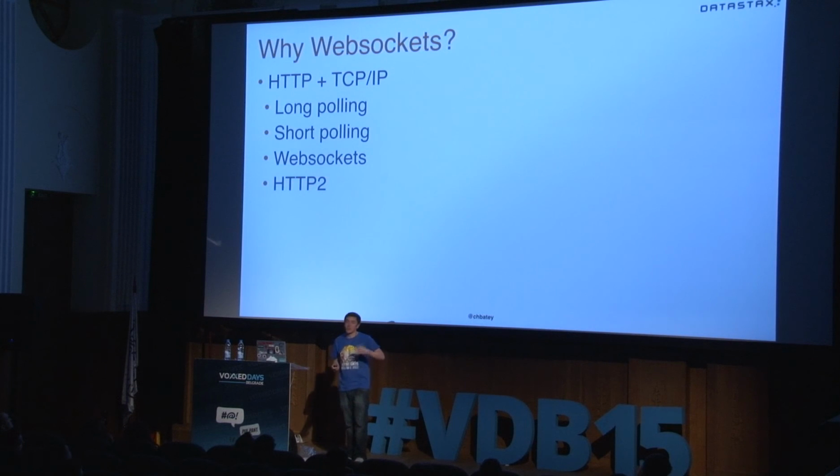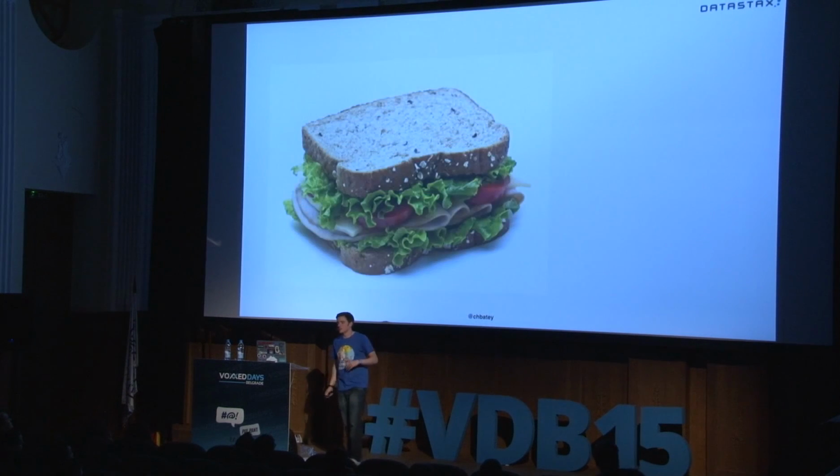As I said before, HTTP 2 is going to help a lot. So we're going to be able to do many of the things that we can do with Cassandra over HTTP in the future. But we're not. There was no WebSockets in the talk, so let's move directly to the bit in the middle.